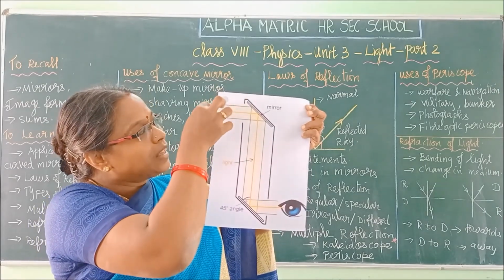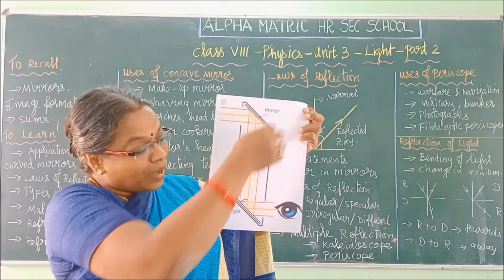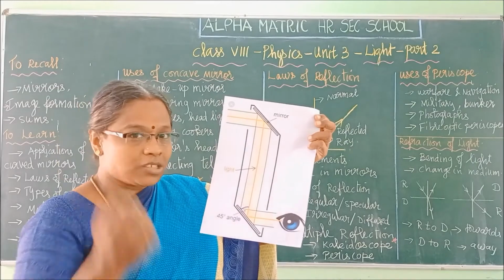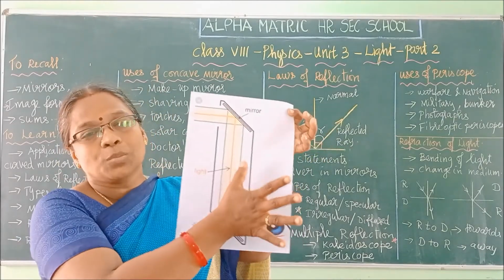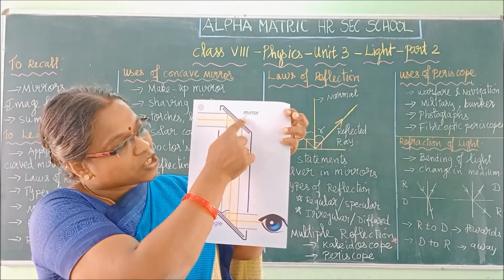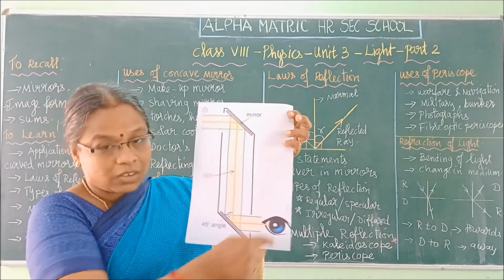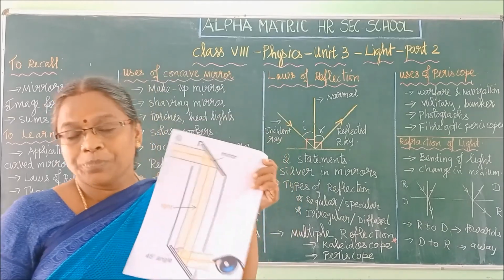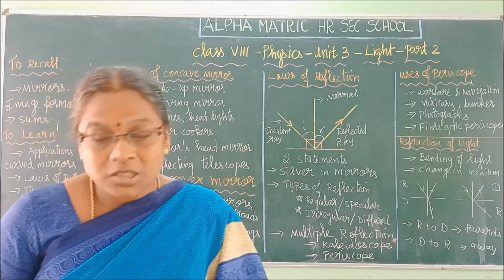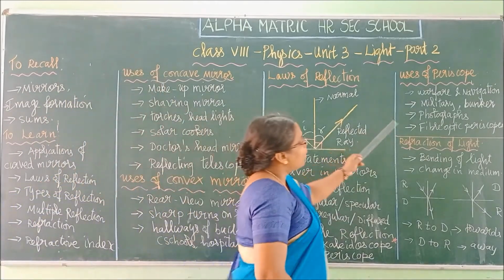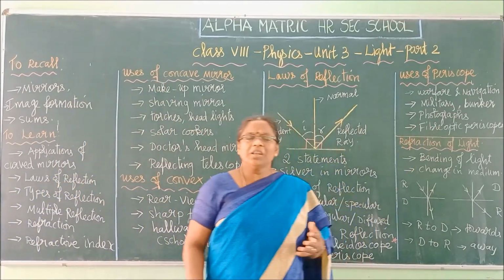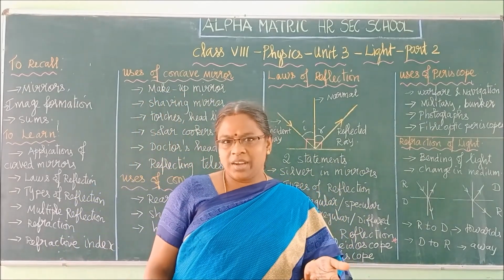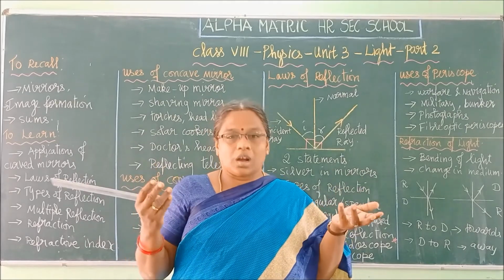See how we can see the happenings there just by being at the downward direction, right, children? This is the principle of the periscope. Here one reflection, another reflection and another reflection. So multiple reflection is happening here. This is the principle inside periscopes. That is what we are going to see here: warfare and navigation. Warfare means what? Where we go to war with other countries, right? There we just cannot walk openly, right?